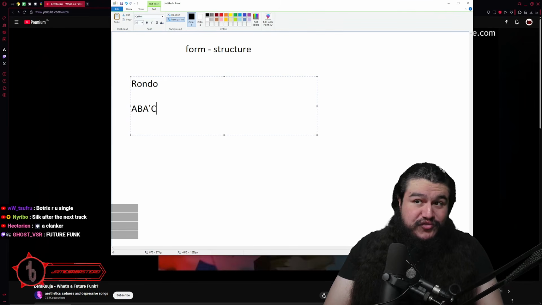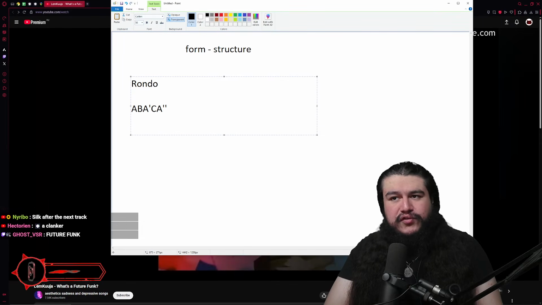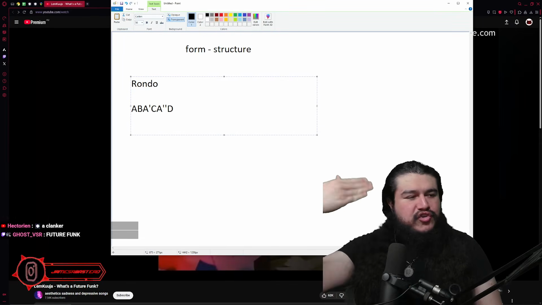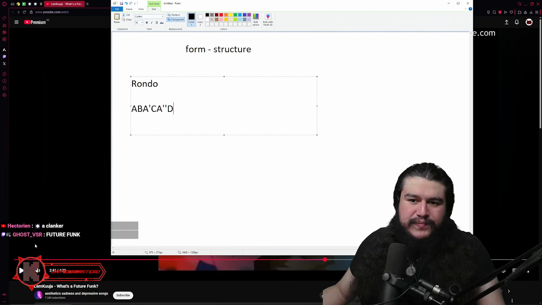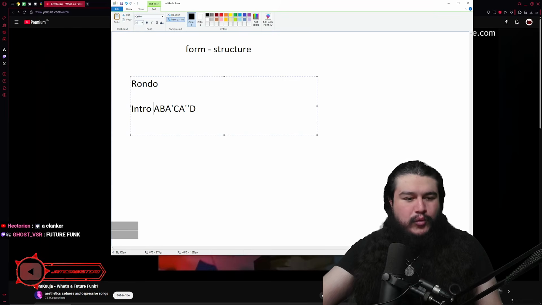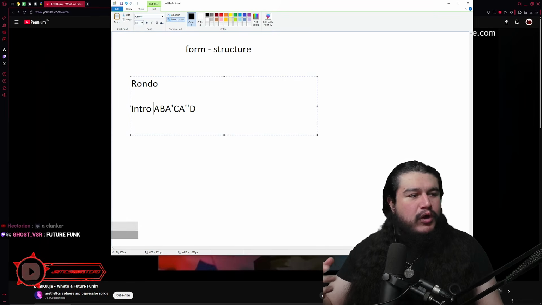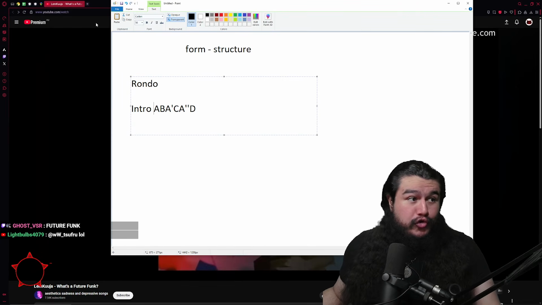Then you go to section C, then to a section A, either A prime or A double prime, then over to section D, and you just continue cycling through these. Right now, what this is giving is a type of delayed rondo, where we had an intro, then we jumped into the rondo formula, which works, which is a good formula.